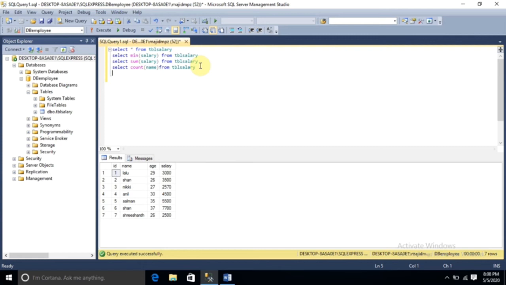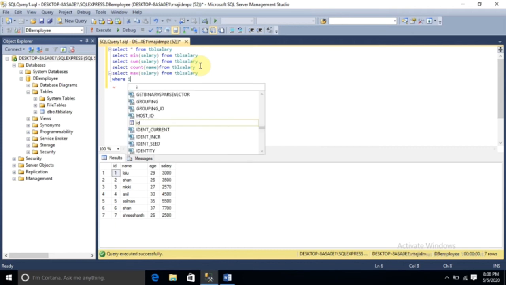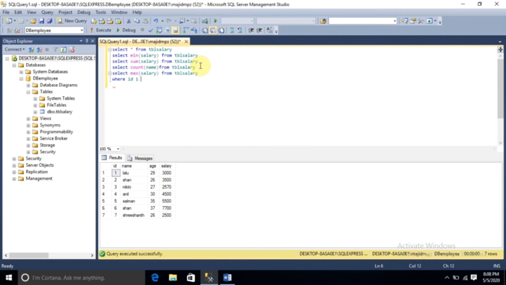Now I am going to show how to use a where condition with this query. Now I am going to write one query here. Select max of salary from this table. The table name is TBL salary. Then I am giving the where condition: where ID between 1 and 6.